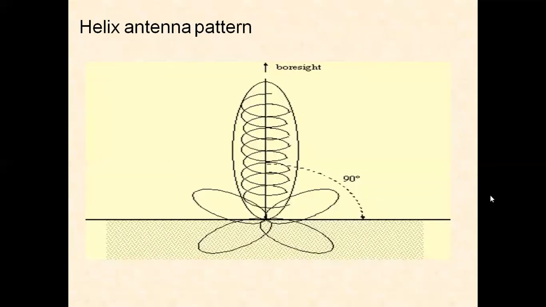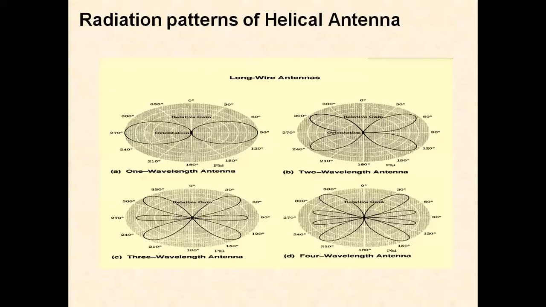The radiation pattern of the helical antenna is a directional pattern. In the maximum direction, it is passing. The reflector is placed here. This is the helical antenna, helical structure. Along the axis of the helix, there is a maximum direction of radiation. If there is no reflector, we have a bidirectional radiation pattern. When the reflector is placed here, there is a maximum radiation.